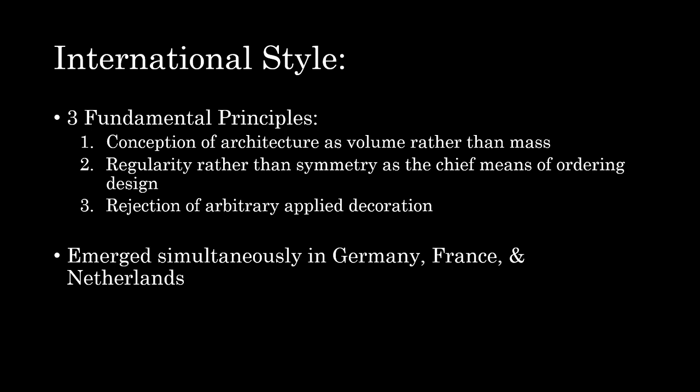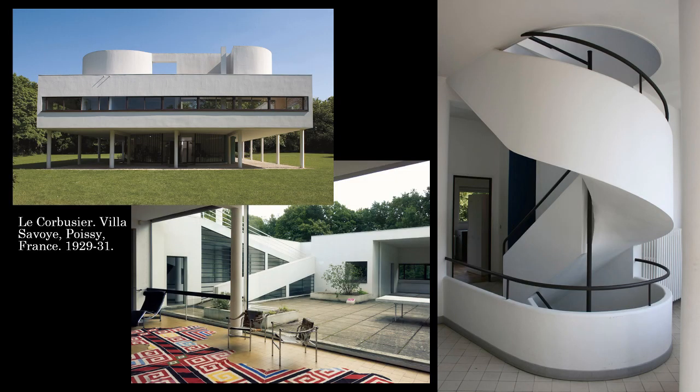So what does this mean? The use of a steel skeleton as the basic structure and reinforced concrete made it possible to eliminate load-bearing walls on both the interior and the exterior, allowing more open floor plans and more light-filled interiors. And it allowed buildings to be wrapped in skins of glass, metal, or brick, creating the effect of enclosed space or volume, rather than dense, solid, multi-walled structures. And then, like in Corbusier's Villa Savoye,